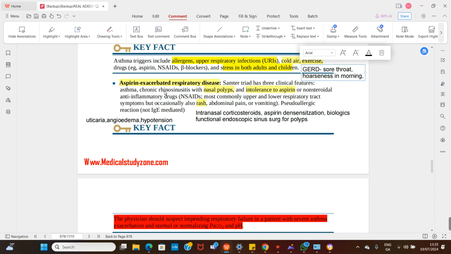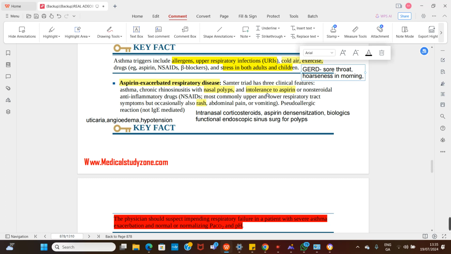And when you have recurrent chronic rhinosinusitis, nasal polyps start growing within the nose. It's also been shown that those individuals become intolerant to aspirin. So by the time you give them aspirin, they will start presenting with urticarial rash, abdominal pain, vomiting. Sometimes it can be bad, and they start developing signs and symptoms of angioedema with hypotension. So once you see an individual having asthma, chronic recurrent rhinosinusitis with nasal polyps, and intolerance to aspirin,